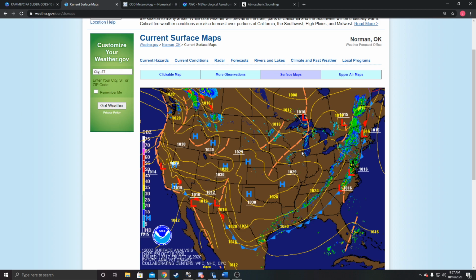On our current surface chart and radar composite image, we see showers stretching over most of the eastern part of the United States, and a little bit of heavier rain or thunderstorms into Texas, off the coast of Florida, and through Virginia and the Carolinas, as well as a little bit of showers up into the Pacific Northwest. But this is due to a large cold front pushing through, causing a little bit of vertical motion to create these thunderstorms, and a trough through the central part